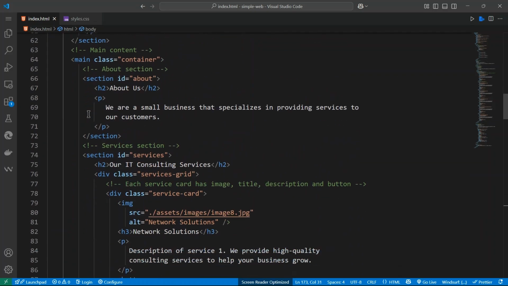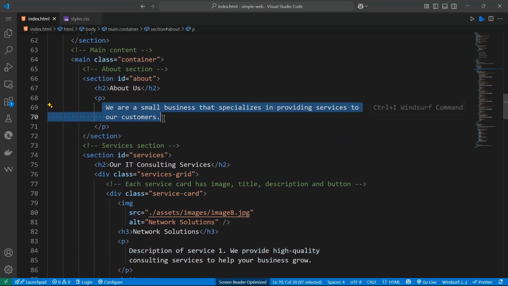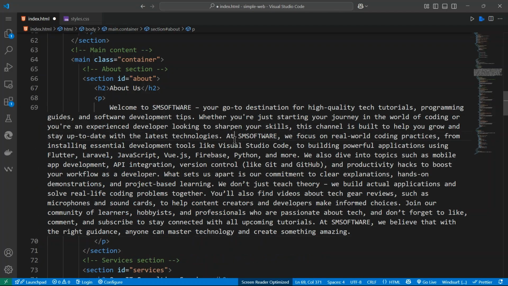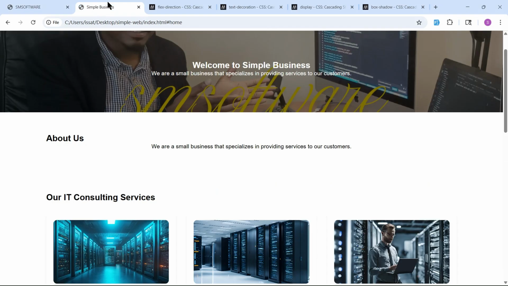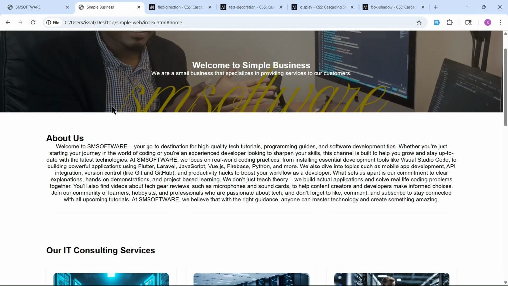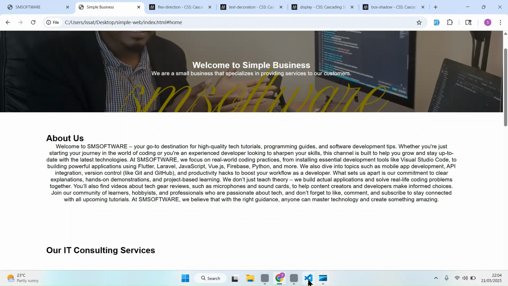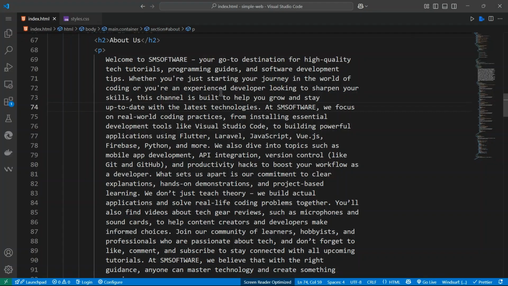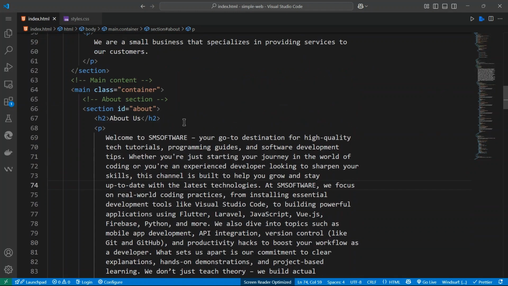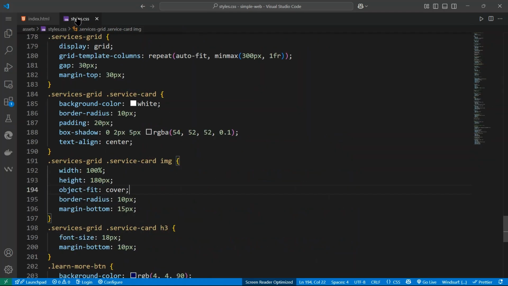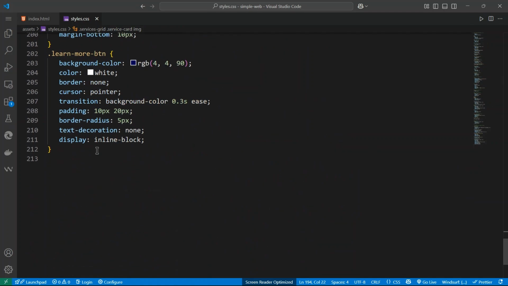This is about us. So I can replace this here. So if I save that and I go back, reload, this is what we have. But we want to make sure that the text is not center. So that means about section. So for this, we can actually use the ID. Since we haven't used the ID for a long time, you can use